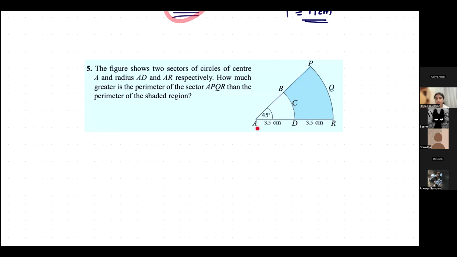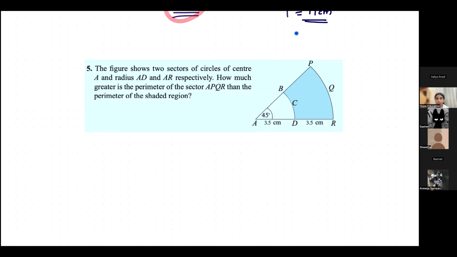The small one has radius AD, and the bigger one has radius AR. How much greater is the perimeter of the sector APQR